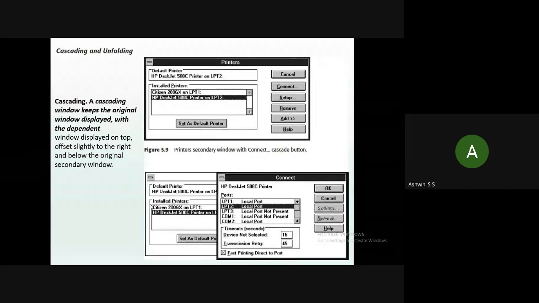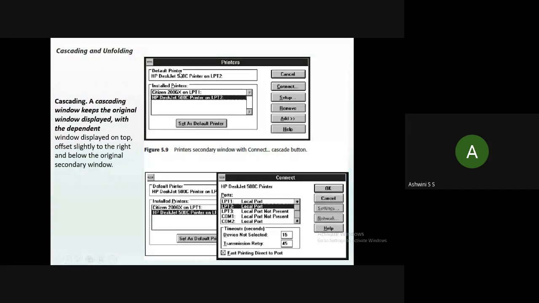As I told in the cascading style presentations, cascading is one window displaying on the other window, or one window will overlap, in the sense it may follow the other window. With a different offset, one window may display on the other window. Here also, when you see this example, there is a printer options window which is displayed in the first window.